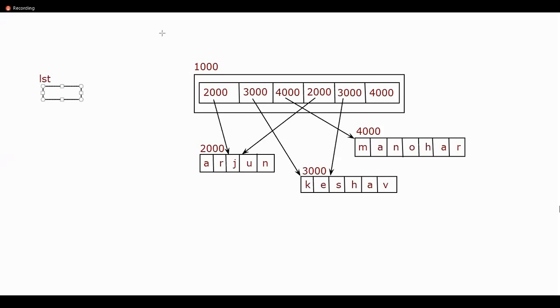And because of which, tell me, this LST is referring to what list? It is this list object, which is again containing references to Arjun, Keshav, Manohar. So what is the address of my list object in this case? It is 1000. That means 1000 would be stored in my list reference like this. And again, 1000 is an address in this case. Whenever a memory location stores an address, how is it going to behave? It will immediately start pointing to that list object. So finally, we have completed our memory representation.